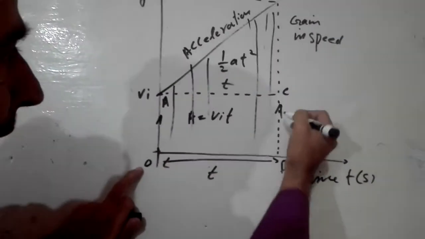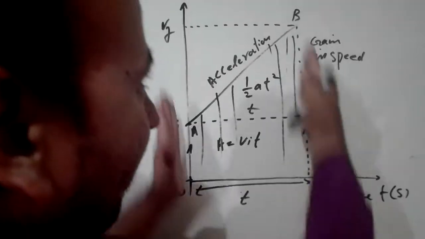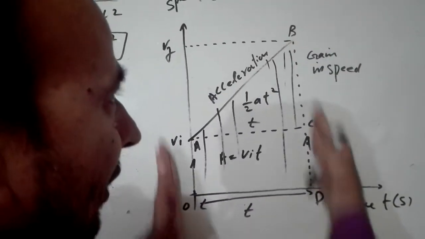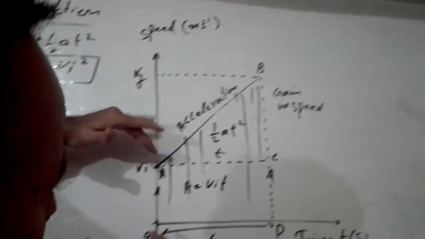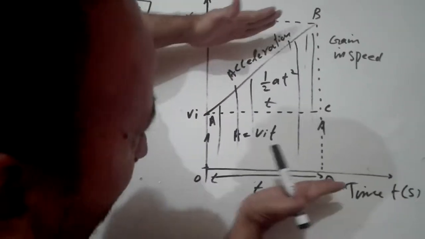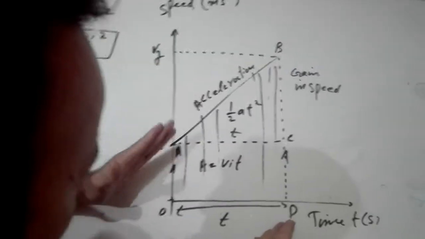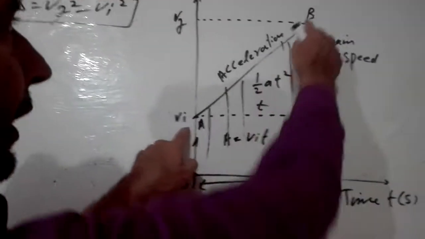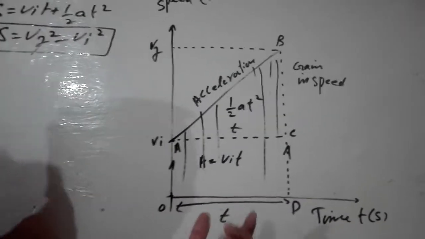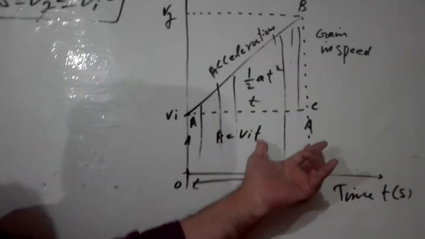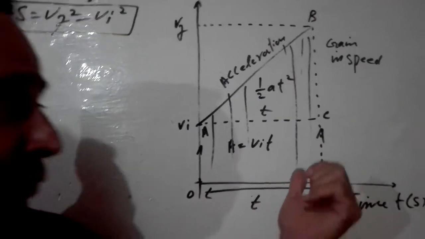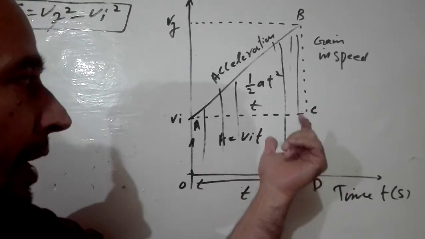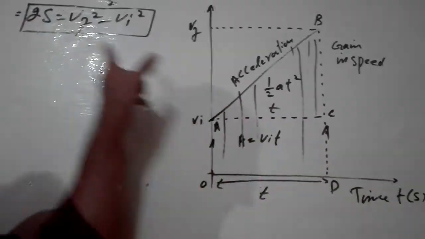You know what is meant by parallel? Parallel means they are originating at the same angle. These two sides originate at the same angle. But the AB side and the OD side are not originating at the same angle. This side is going toward that side. It means these two sides, OD and AB, are not parallel sides. So this whole figure is a trapezium. It means if you find the total area of this trapezium, you will prove this equation.